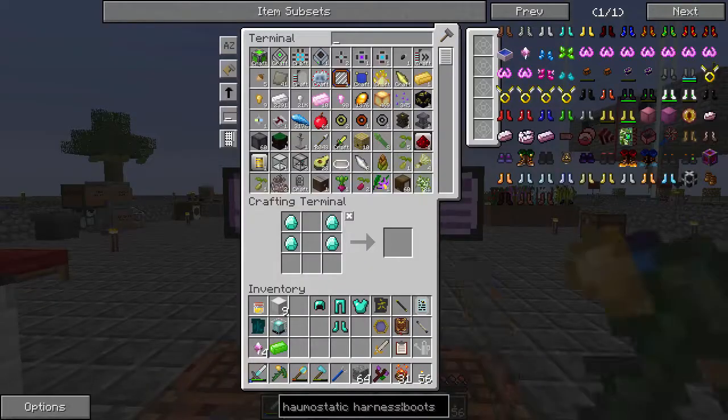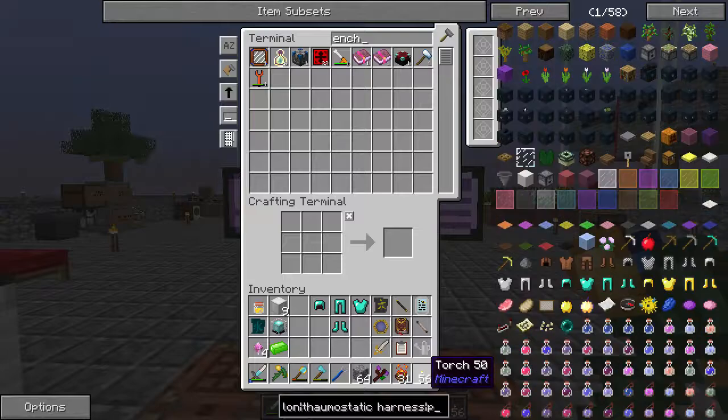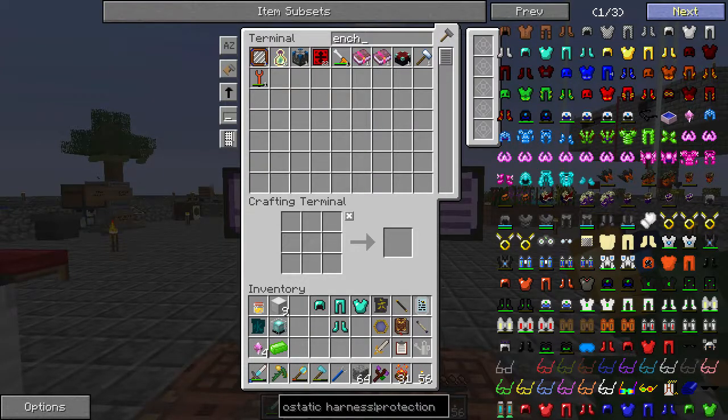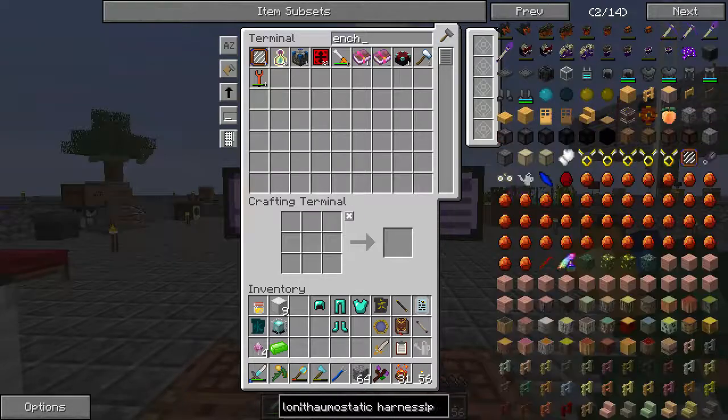Now do we have any enchantment books? We do, but nothing good. So what's going to be the best way to enchant all this stuff? Because we're going to want protection. Let's see. I don't see any protection books. I don't know that we can do...